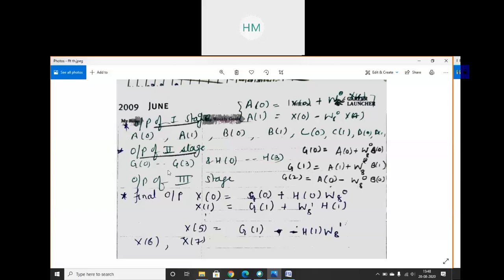And find out every value of the equation also, because you know W80, you know input values, so you can write down all the outputs of first stage, second stage and third stage. This in short written all the equations. You can see from this slide also.